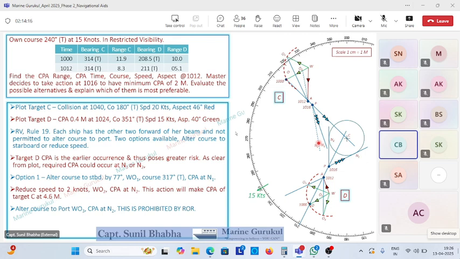Now let's evaluate a third option which can be picked up from this diagram. The third option which is available to us is an alteration of course to port. So you see here, this was our initial course vector for target delta. You can follow the laser pointer. For target delta, our ship course and distance vector was W Oscar. Now, if instead of W Oscar, we steer a course of W to this particular point here, O3,